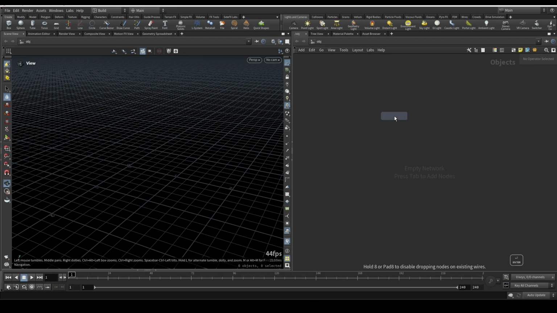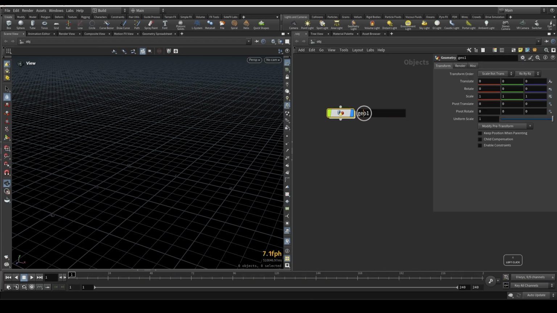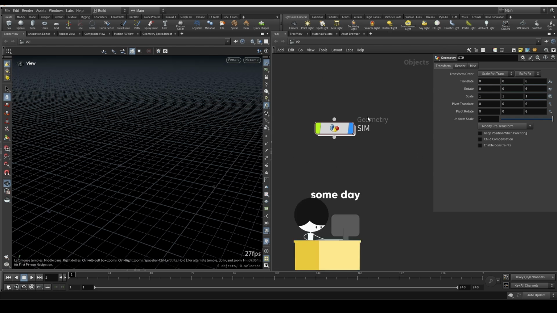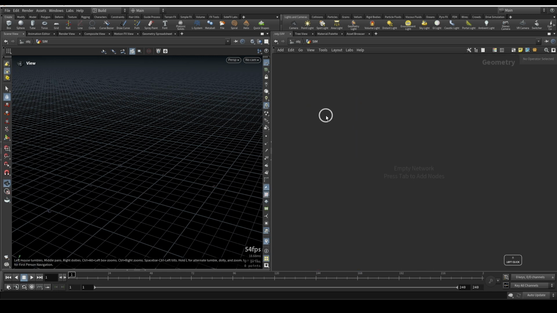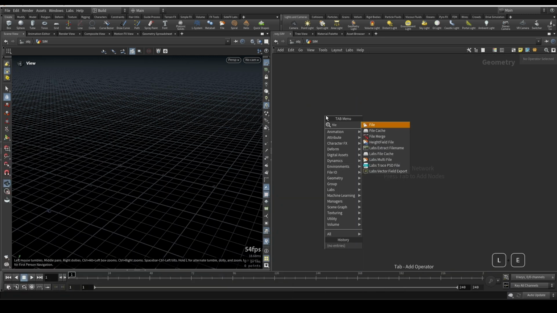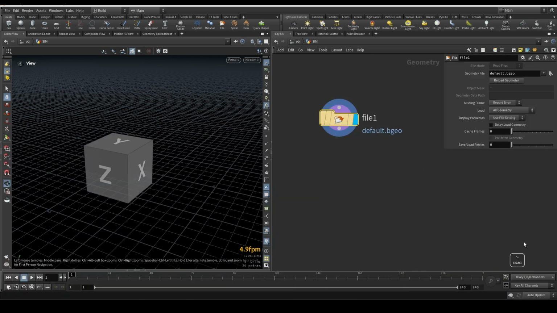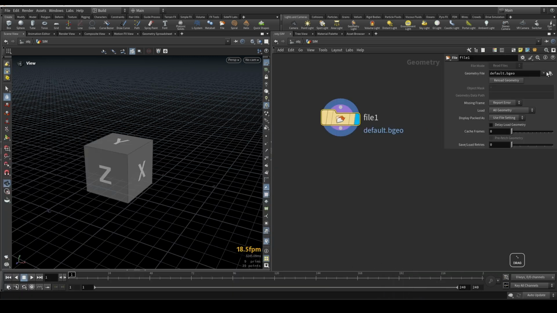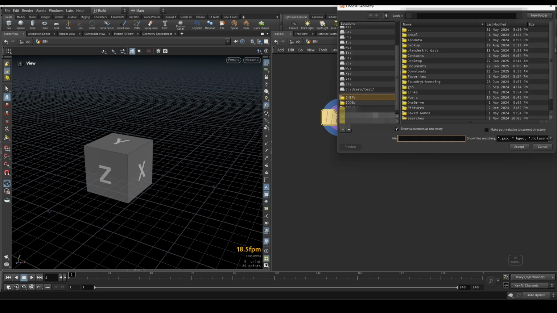So let's put a geometry node in place to start with. The entire thing would be inside this. If you know the basic concepts, you'll know why this is used, but someday I will do a detailed tutorial on this. Let's jump inside and put a file node. How did I get this? Just press Tab, search for file and press Enter. Then we go to this and we import